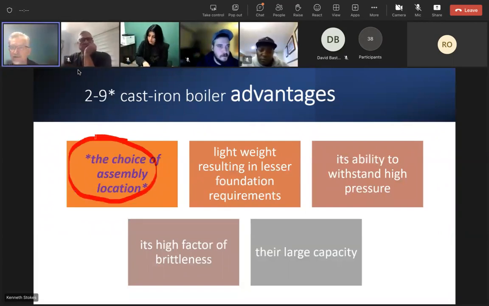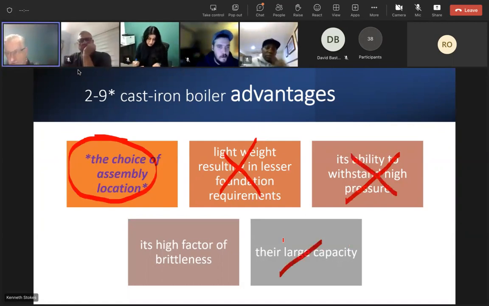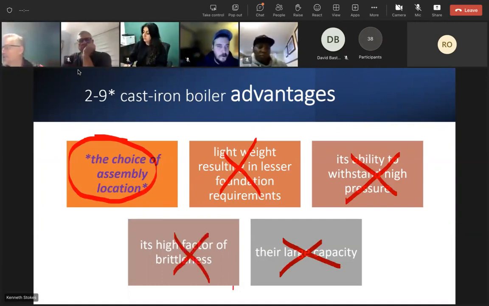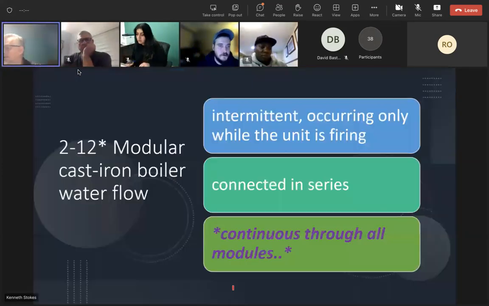Choice of assembly location, they are not lightweight. They are not for high pressure. They're not big boilers, so not large capacity. And being brittle is not an advantage. If we put some cast iron boilers together in modular boilers and connect them up for